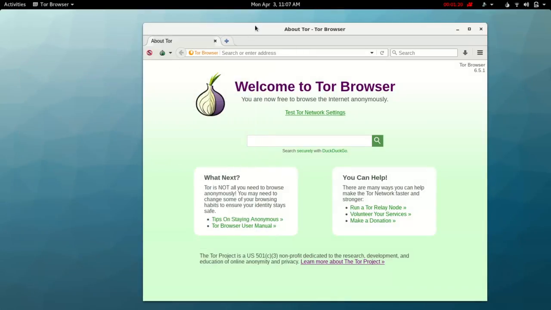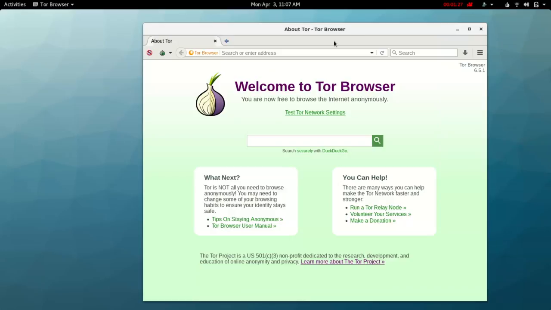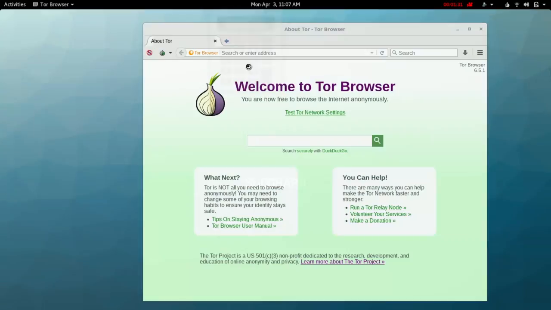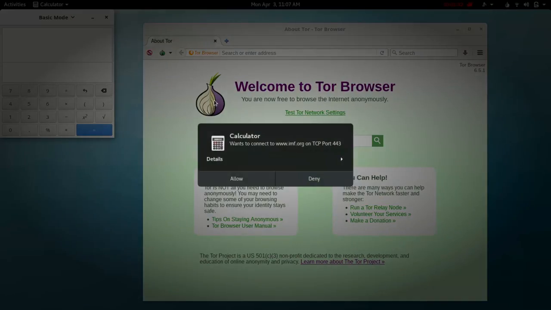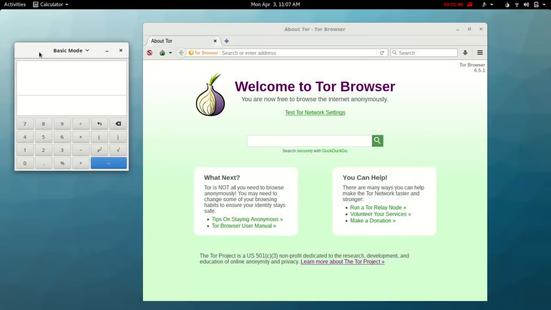Another feature of Subgraph is the Subgraph firewall. Right now the firewall is enabled. So let me show you how that works. It's an application firewall, and so if we open the calculator app, the Subgraph developers actually noticed that the calculator tries making these requests to the internet, to the IMF, let's deny that, and then to this other domain, let's deny that. And so what it's actually doing is it's trying to look up currency conversion rates, but